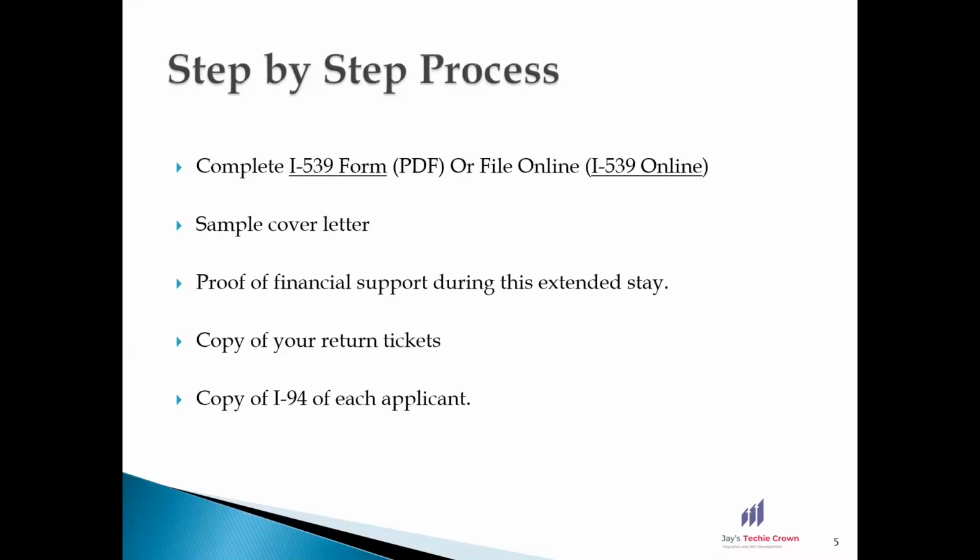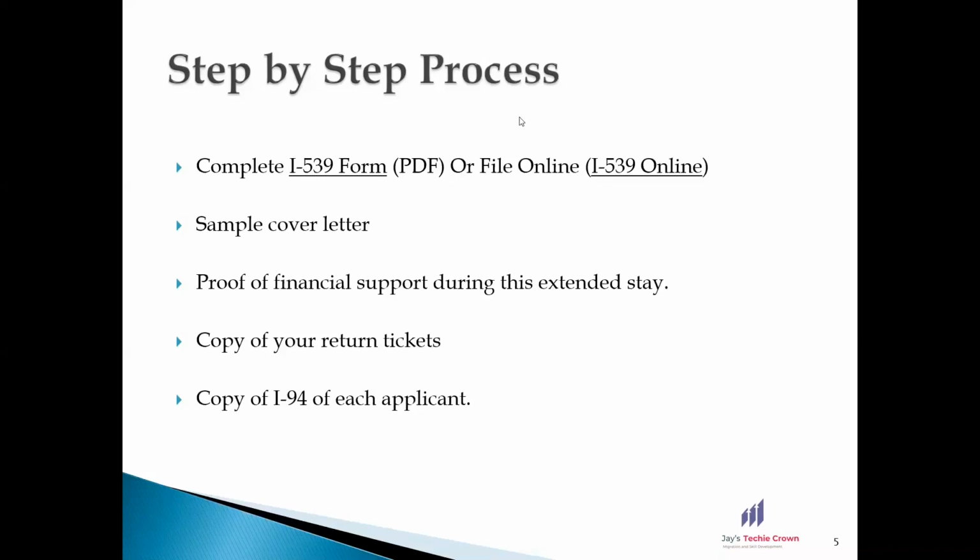So before I start the process, I just want to show you the difference between form I-539 and I-539A. Form I-539 would be used by the primary applicant, and all the dependents of the primary applicant will go under form I-539A. In case of B2 extension, since there is no dependent, you can directly go ahead with form I-539. Also, if you are applying as an individual, then you can go ahead with the online application as well. So it would be much faster.